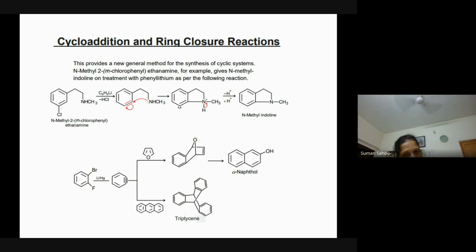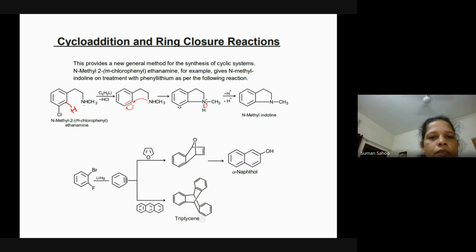So this also gives a very good method for the synthesis of cyclic systems. As you see here, you have your hydrogen. In the presence of a base, this acidic hydrogen would be removed to generate the carbanion, or we can just write it like this, the chlorine will go, that gives your benzyne intermediate. Now this benzyne intermediate will be attacked intramolecularly. There is a nitrogen already present in the molecule that will attack here to give you a bicyclic